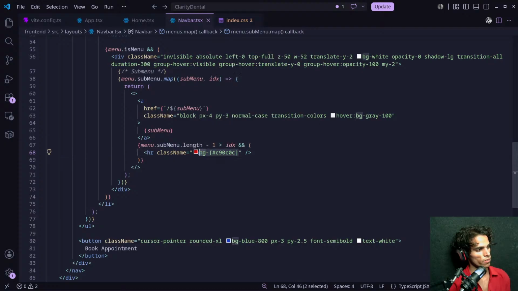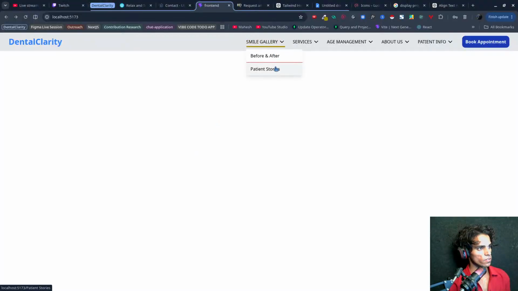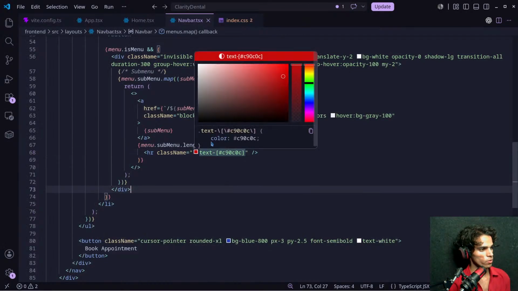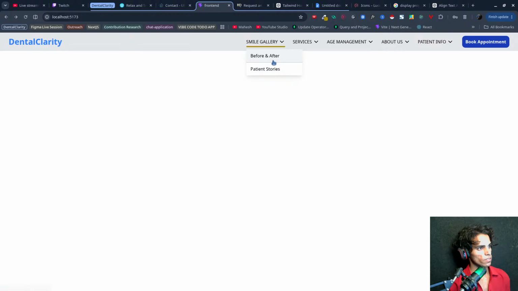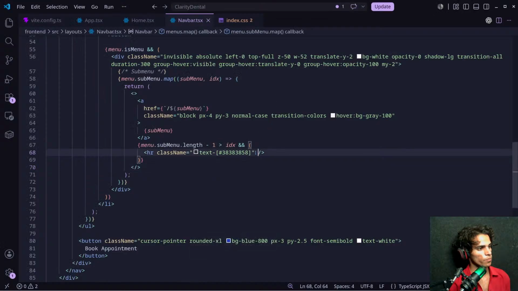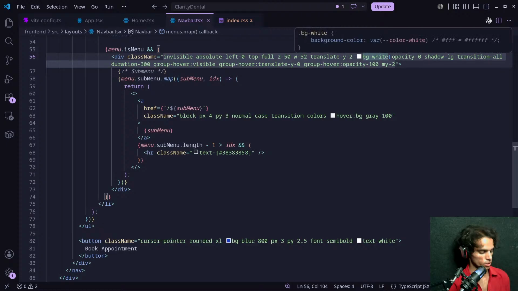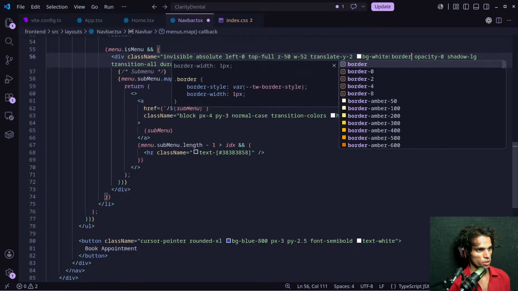So if I want to change color, what do I have to do? Text. Yeah. So text will be this, and let's make it a little bit like this. And I also want the same border for our menu. So I will give this border